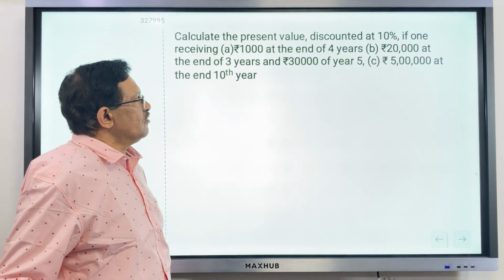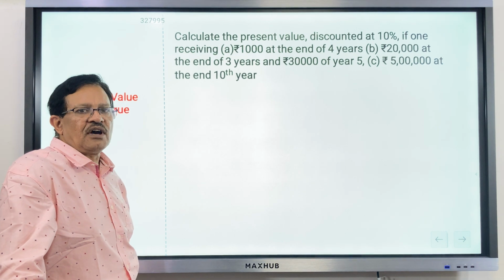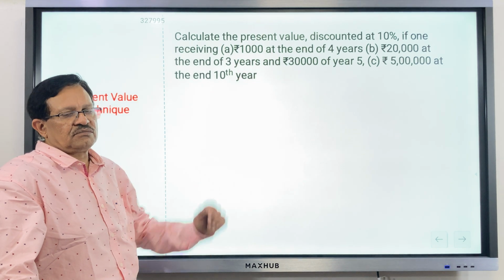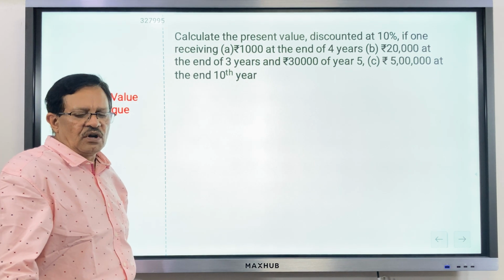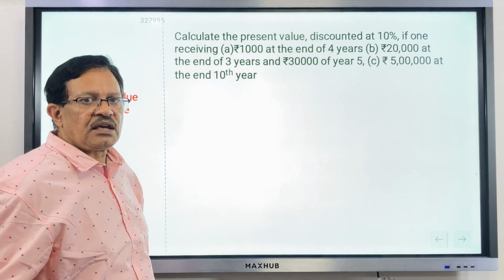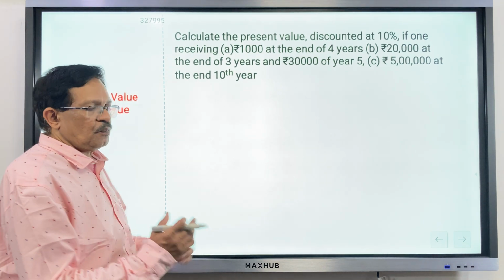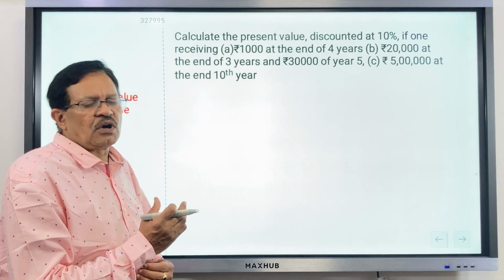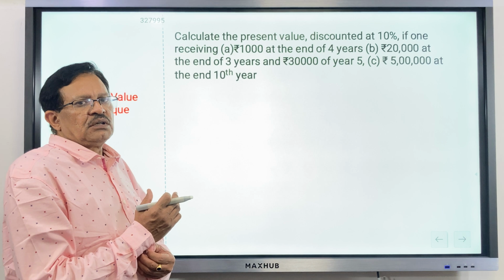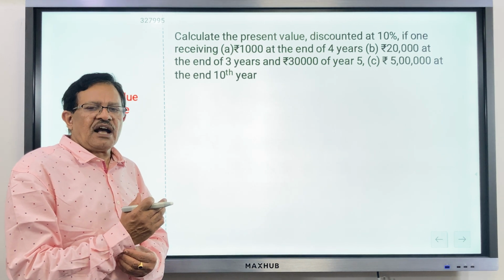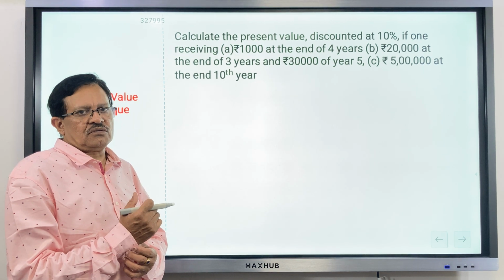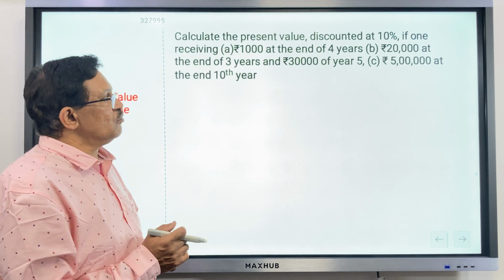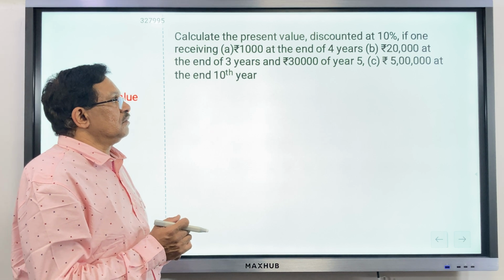Because if you are trying to find out the present value of the money which you are receiving at the end of 30 years, if you don't have the scientific calculator, it becomes very inconvenient. Or if you have multiple cash inflows, it becomes too cumbersome to find out the present values of the different cash inflows and add them together. So for this particular reason, we need to use the table values.